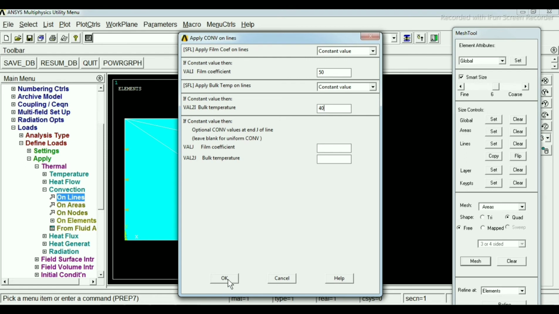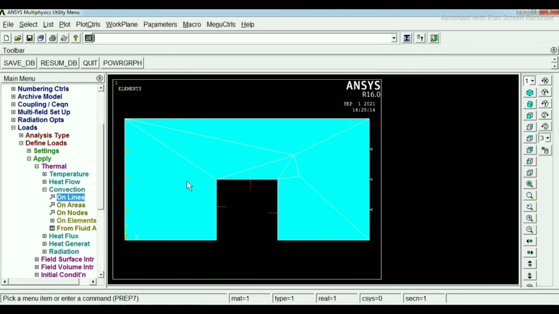Now click on OK. Now we have added the loads also.